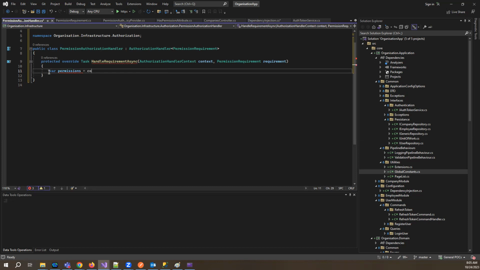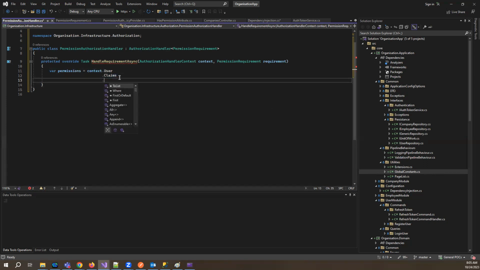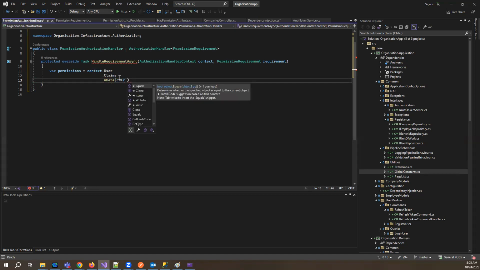For that, we'll take in context.User.Claims, user claims.Where claim such that claim.Type is equal to